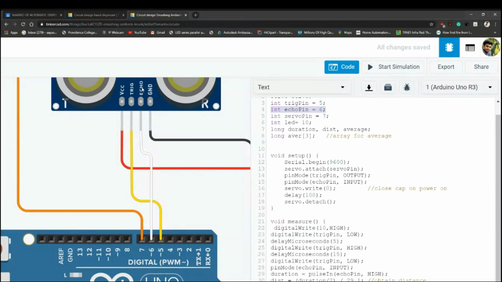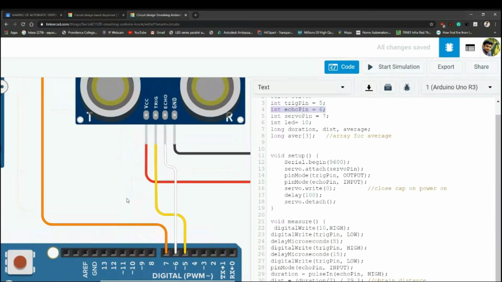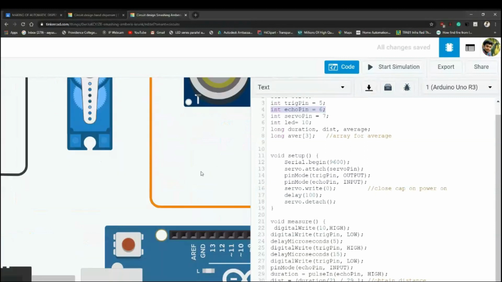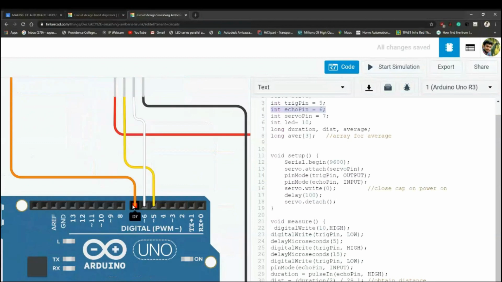Here you can see echo, this is the white wire and it's coming to the digital PWM signal 6. And for the servo pin, which is the signal pin, this pin is connected to 7. So we have initialized the servo pin 7 also.